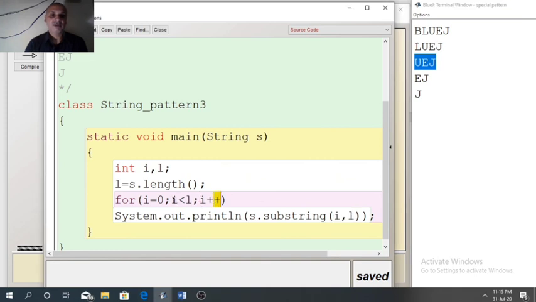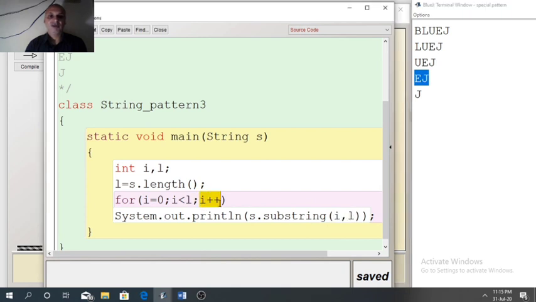When we have 3 here, 3 less than 5 is satisfied. So here we will get 3, 5. That is, it will cover the characters at index 3 to 4. E has index 3, J has index 4. 3 to 4 we have got.